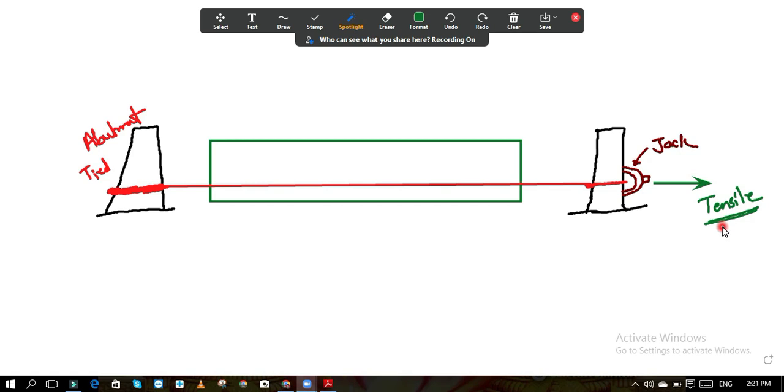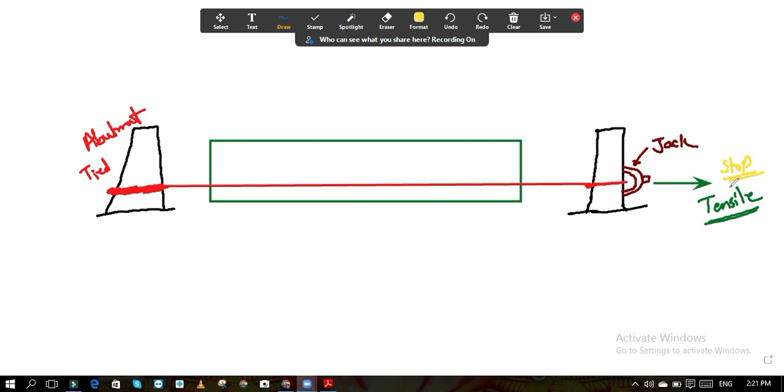It is not like we directly apply a tensile force of 200 kilonewton. We apply the tensile force gradually. It will start from 0, then 10, 20, 30, like 100, 110, 150 and 200. I am taking 200 for your understanding, it is an example, not exactly 200. Once it reaches 200 or any x value which is our desired value of the tensile force, we will stop applying this force.